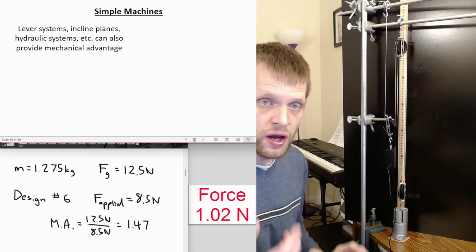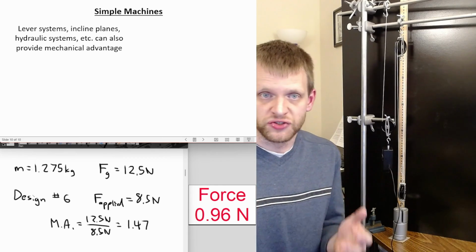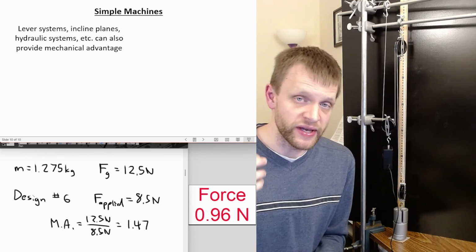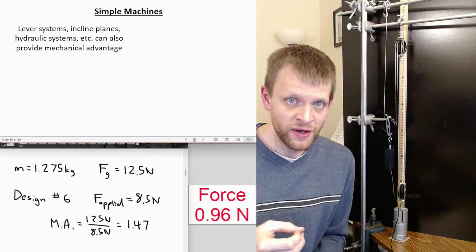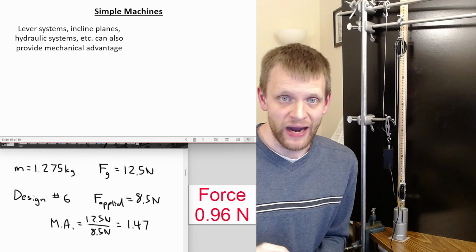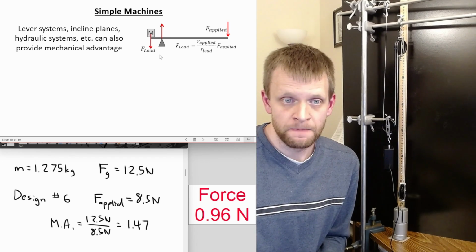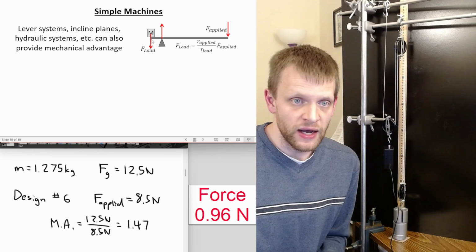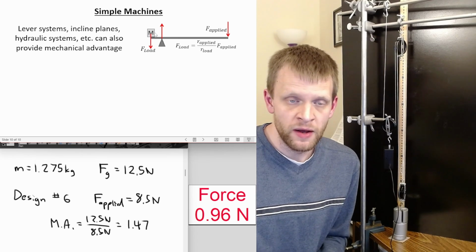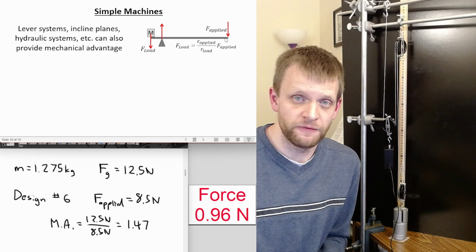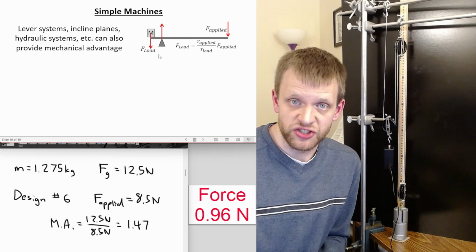Now, there are a lot of other kinds of simple machines, and they have these same kind of properties where we can get more output force, but we can't get more output energy, more output work. So for example, lever systems. If I have a lever where I've got a bar with a fulcrum, I've got some load that is close to the fulcrum point, and I'm applying a force far from the fulcrum point,